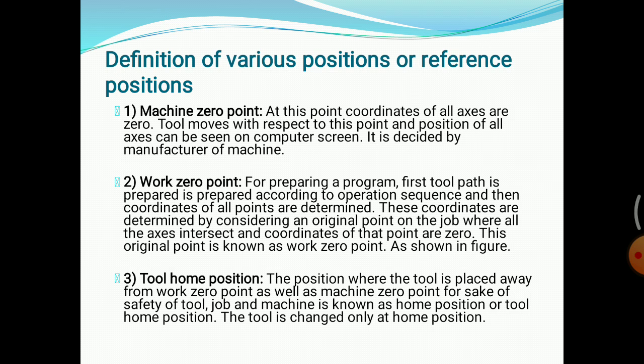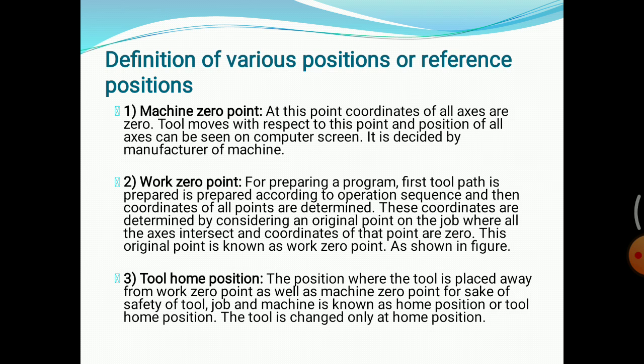We can see the position of all the axes with respect to this machine 0 point on the computer screen, and this machine 0 point is decided by the manufacturer of the machine, and we cannot change the machine 0 point. The second one is work 0 point.